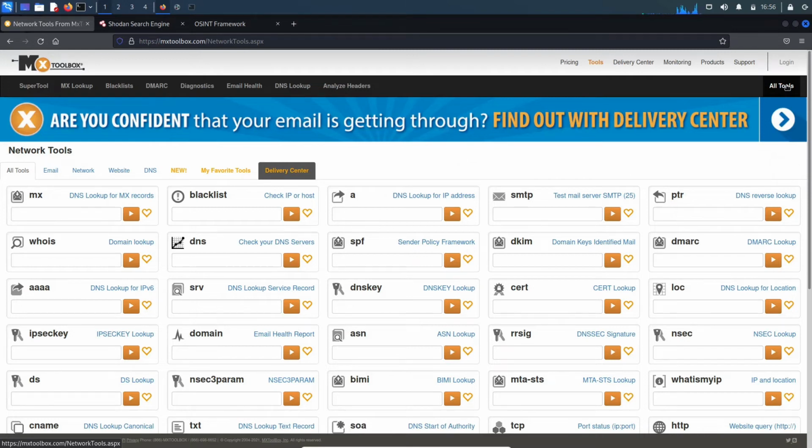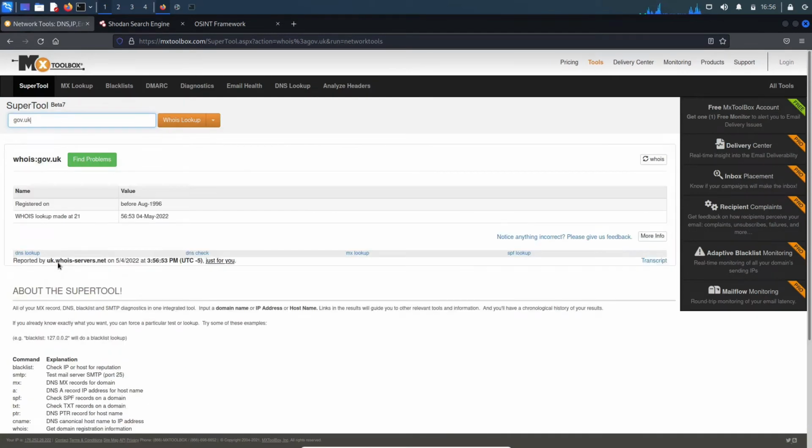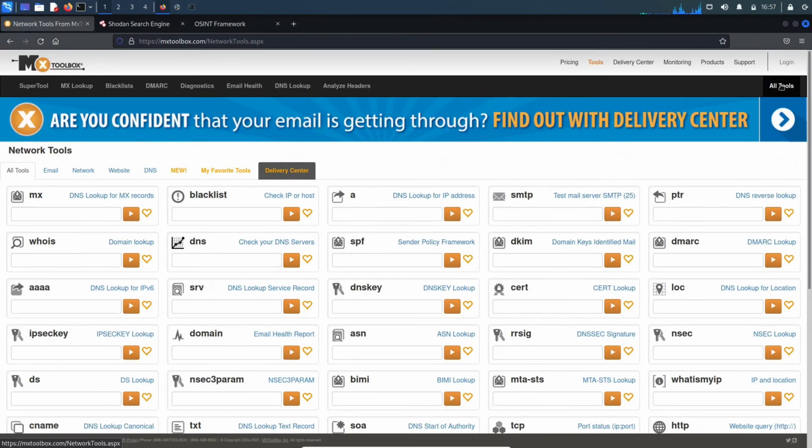It's been a long time since I've been on here, but they've got so much information. And again, because you're doing the lookups through their site, it's their servers that are performing the reconnaissance and giving it back to you. So if, for instance, we wanted to do a whois lookup on gov.uk, they're performing the whois lookup and we're receiving the information. Although evidently not that much information. But again, there's a great amount of tools on there